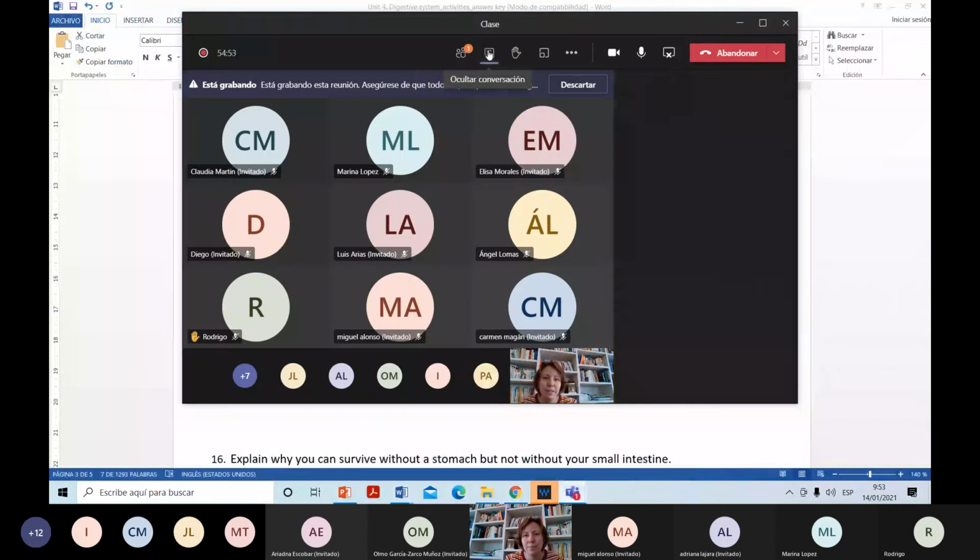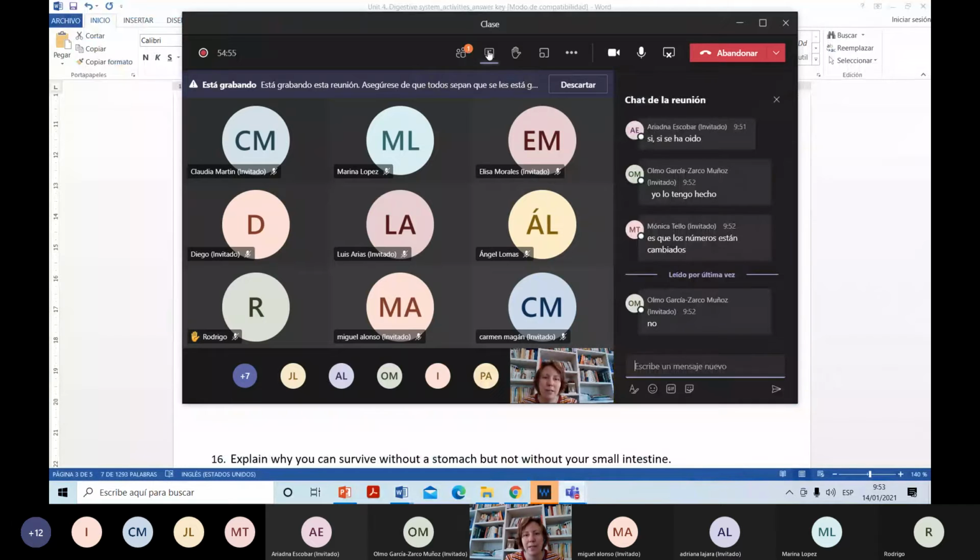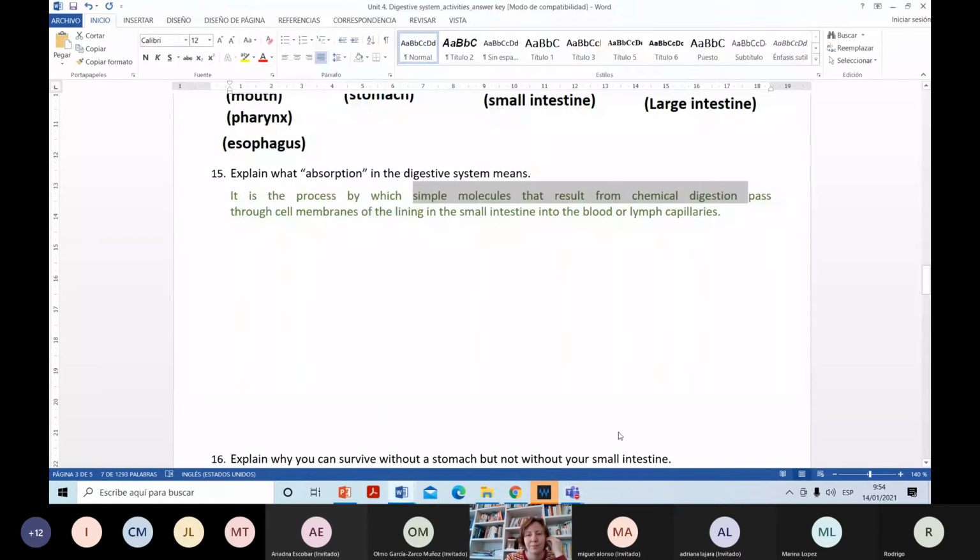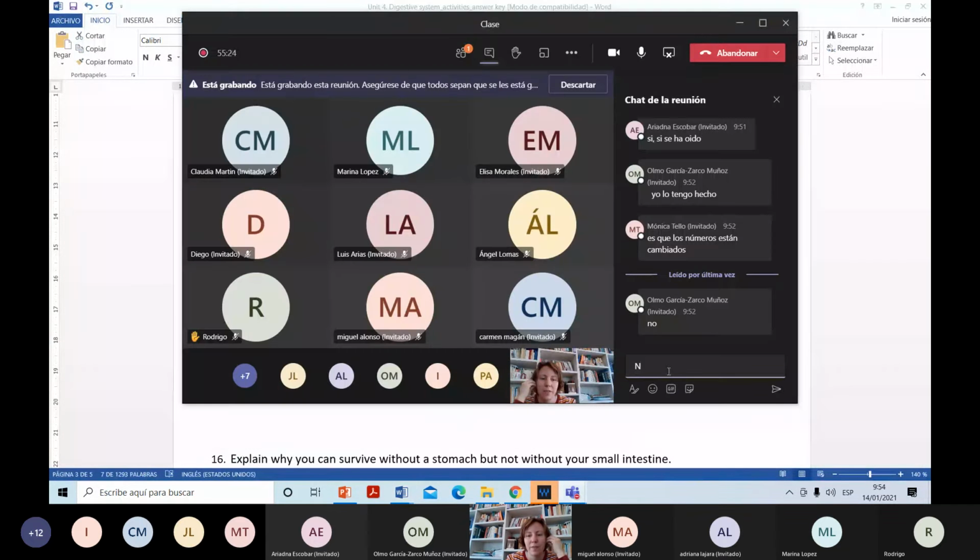Simple molecules that result from chemical digestion. That's the same as, starting with N. Any other volunteer that wants to answer? Simple molecules that result from chemical digestion. They are the famous